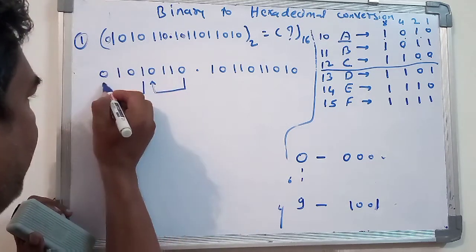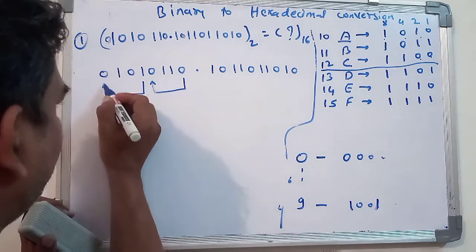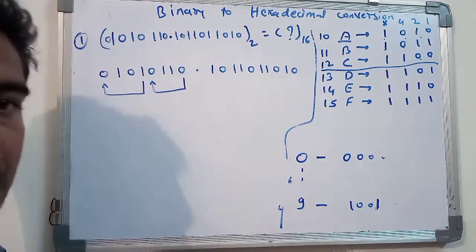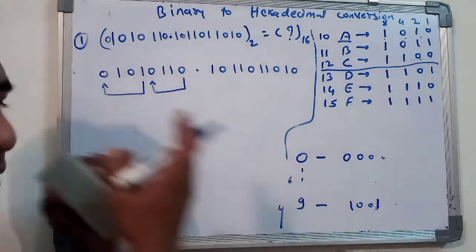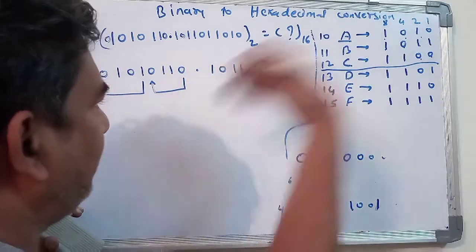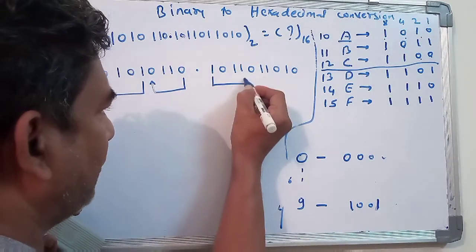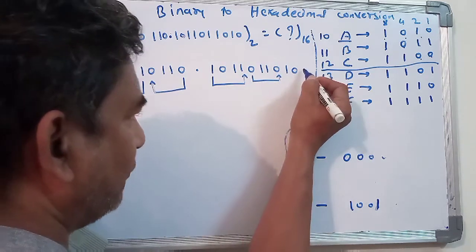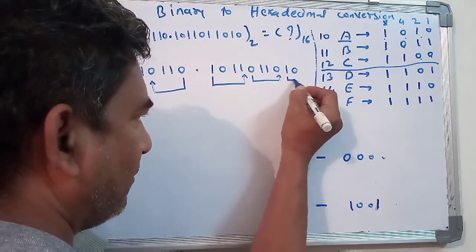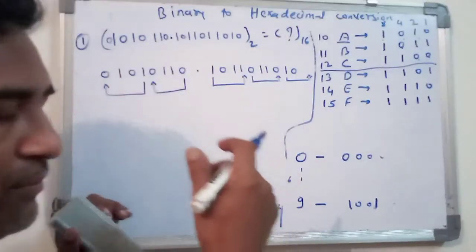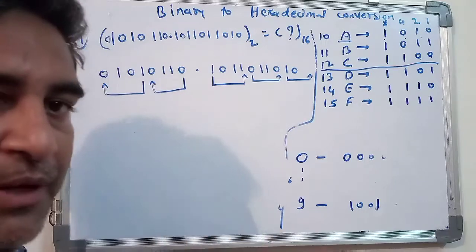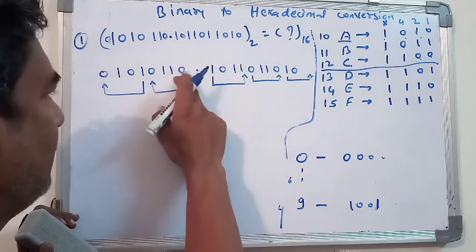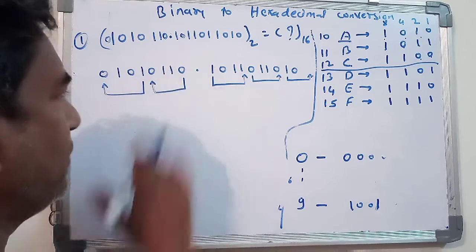So here you will get a 4-bit value like this. This arrow is very important. From this arrow you are specifying that you have gone from the first bit to the next bit. Now after the point, this arrow has to be drawn with a 4-bit group like this. Here it is a 2-bit group, so you have to write 0 and 0, but instead of writing that 0 0, leave the space blank. You will understand that there is a 0 0. Now 0 0 1 0, 0 1 1 0.